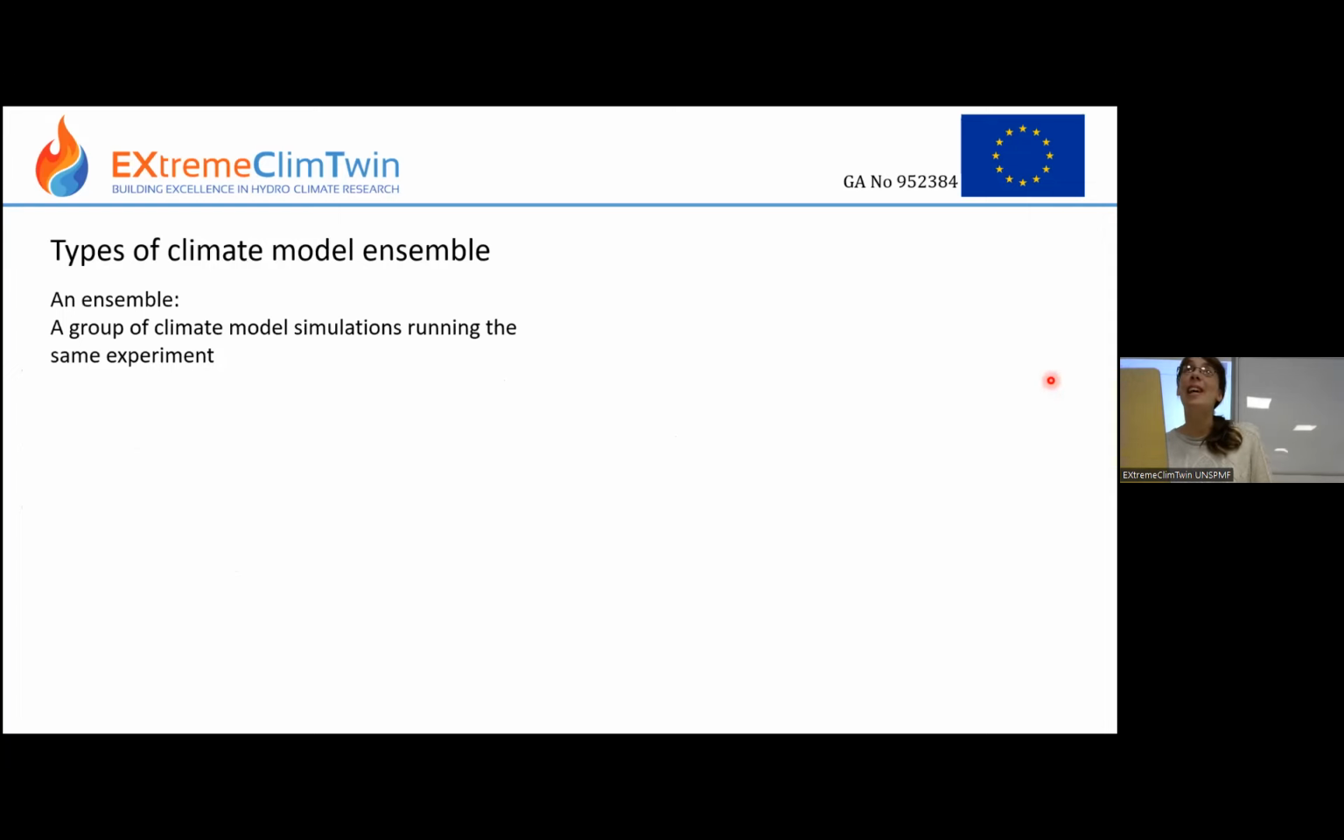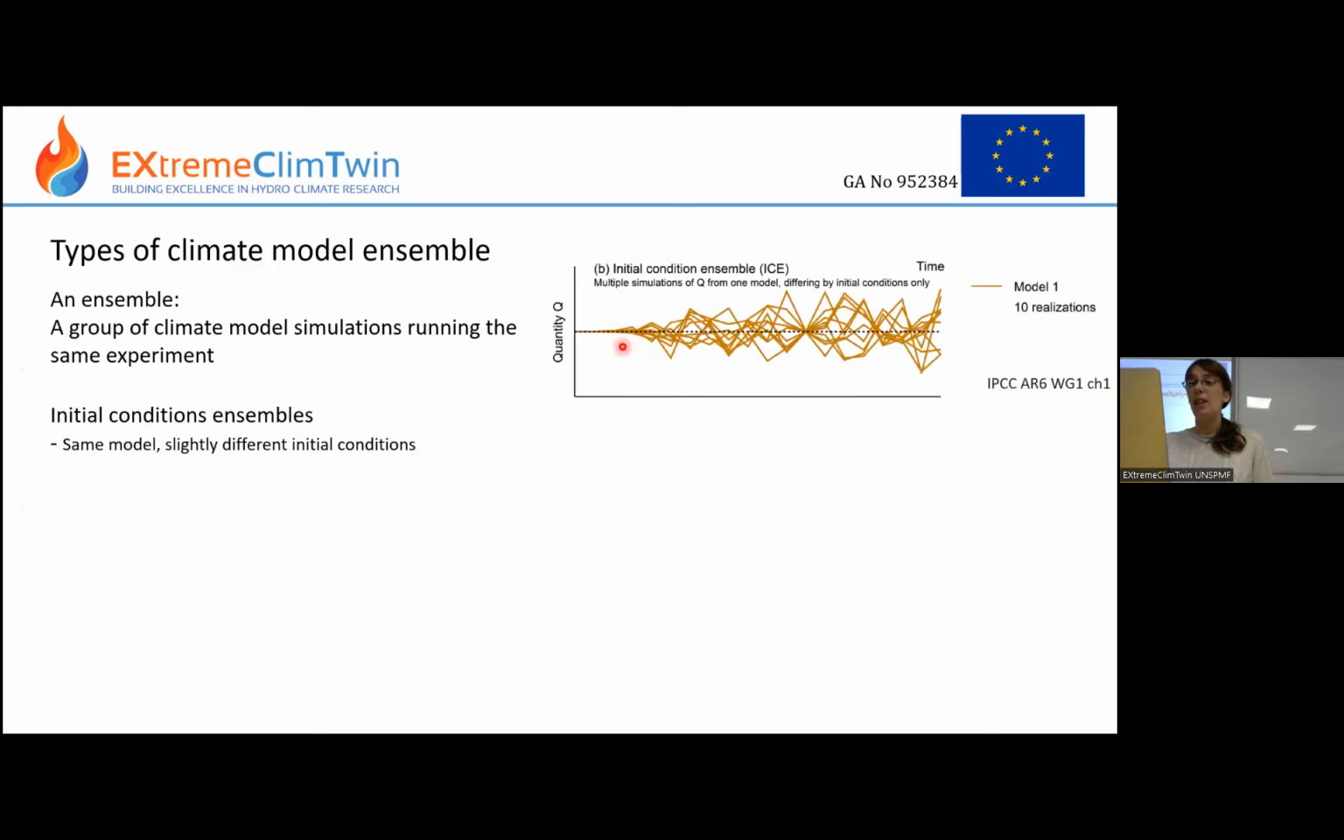So just a bit of recap from the first workshop. An ensemble is a group of climate model simulations running the same experiment, and there are different types. There are initial conditions ensembles, where you have the same model and you run it each time with slightly different initial conditions. All the ensemble members start almost from the same point, but with slight differences, and then over time they diverge, and each one has its own phase of internal variability due to the chaotic nature